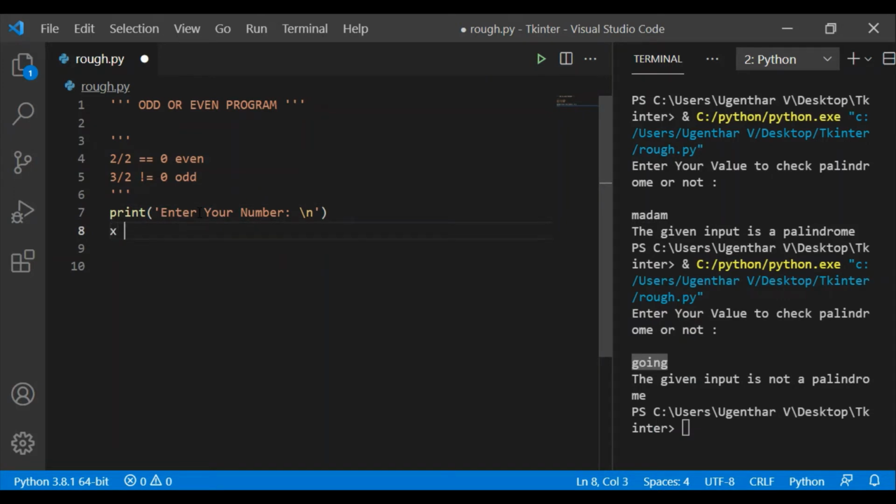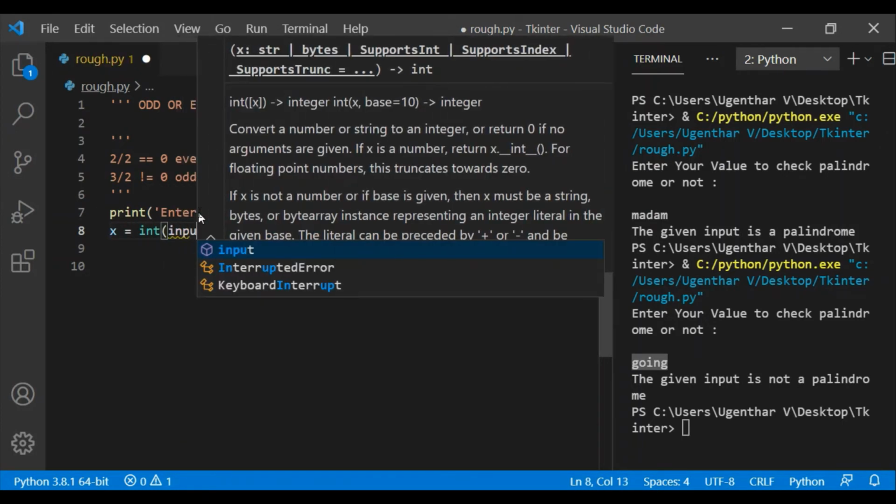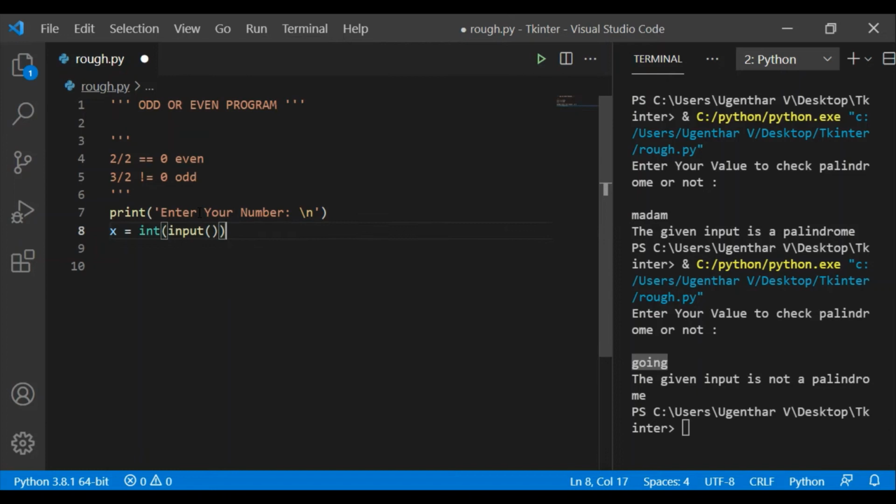Let me take an input. This is the code snippet which is used to take an integer input. Now let me use the condition if x.